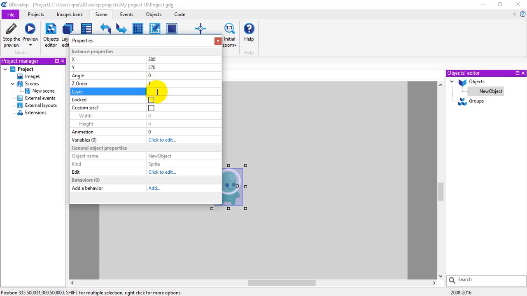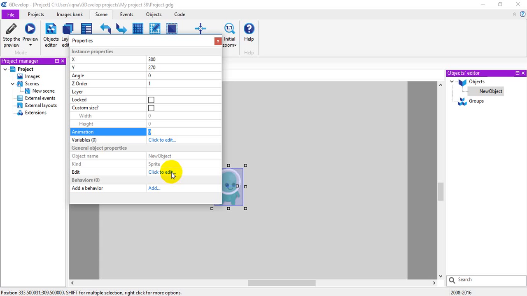And here, if you lock the object, turn on custom size, and here if you have animation, variable is just like in programming where you have a variable. You can also edit the object sprite.